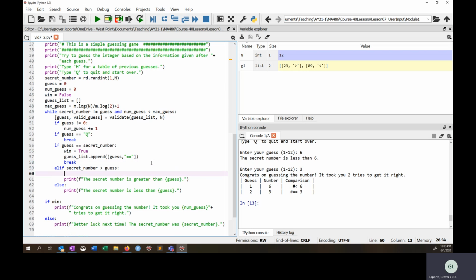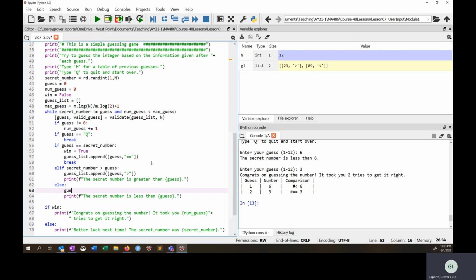If secret number is greater than guess, then we want to do something else as well for our guess list. So guess list dot append. Again, we're going to put in the guess, but this time we want it to be greater than, because we want secret number to be greater than the guess. Then down here we want guess list dot append. We want it also to be